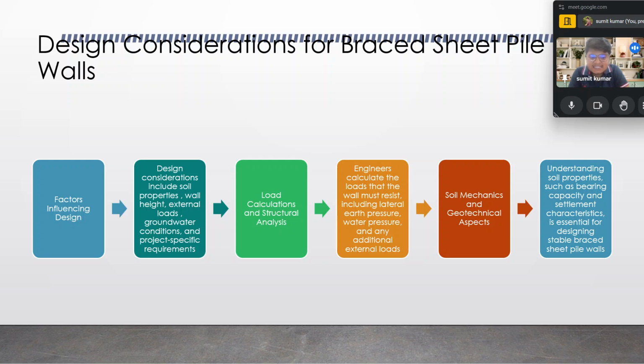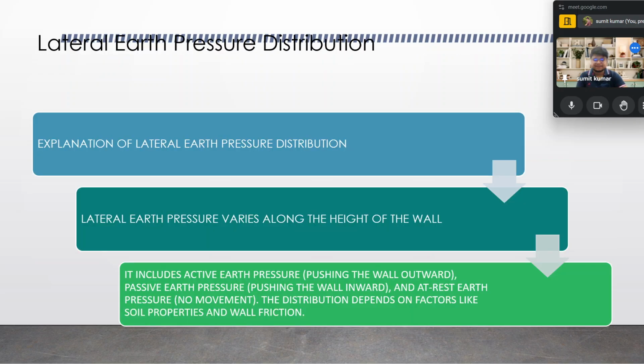The soil mechanics and the geotechnical aspects will also be taken care of in the design consideration of the braced sheet pile wall. Afterwards, we are able to develop an understanding of the soil properties such as the bearing capacity and settlement characteristics, which are some of the essential design parameters for making a stable braced sheet pile wall in the field. Okay, now when we talk about the lateral earth pressure distribution, we say,